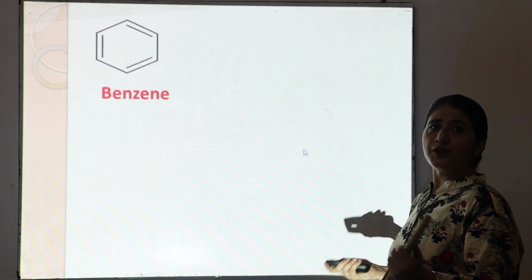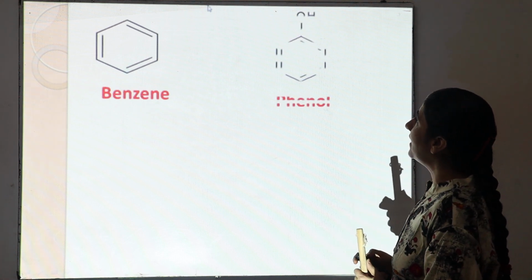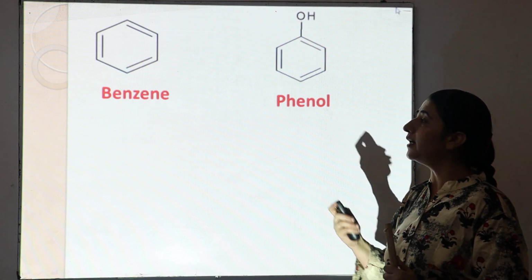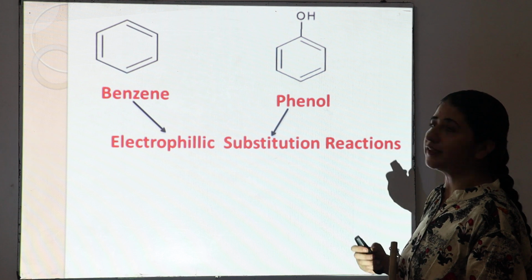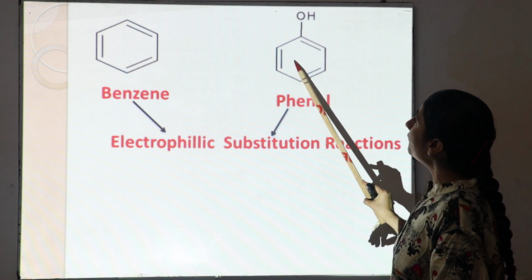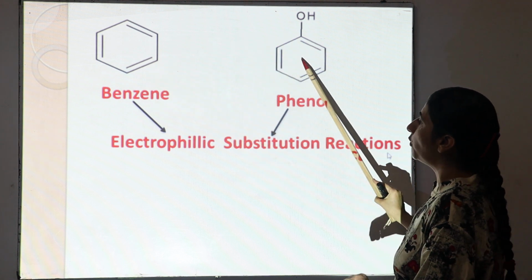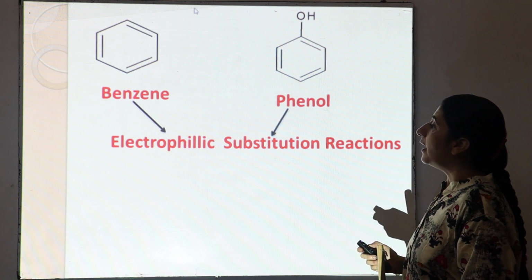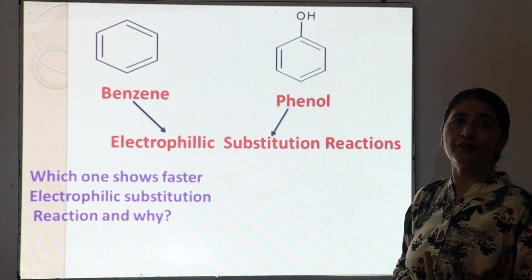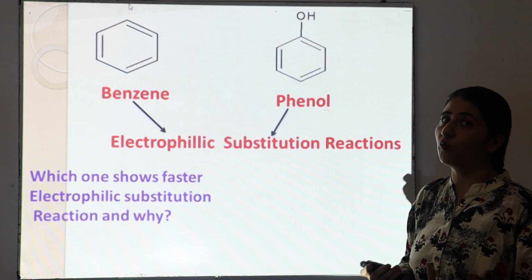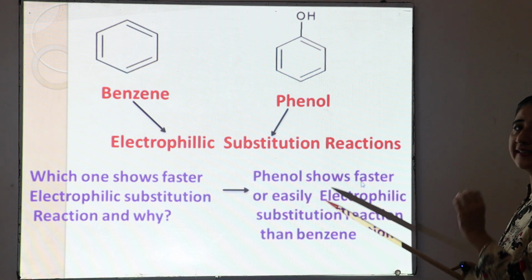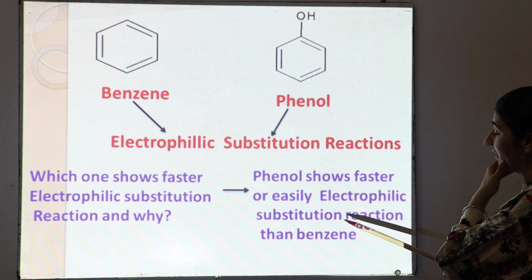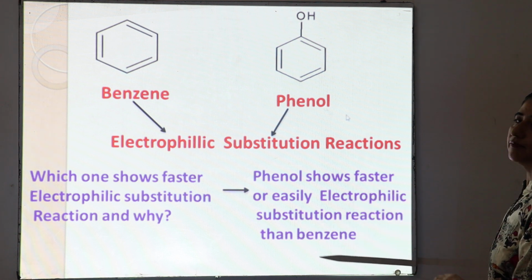As we know, both benzene and phenol show electrophilic substitution reactions. The next question is, out of the two, benzene or phenol, which one shows a faster electrophilic substitution reaction and why? The answer is that phenol shows faster, or more easily, electrophilic substitution reaction than benzene. Because